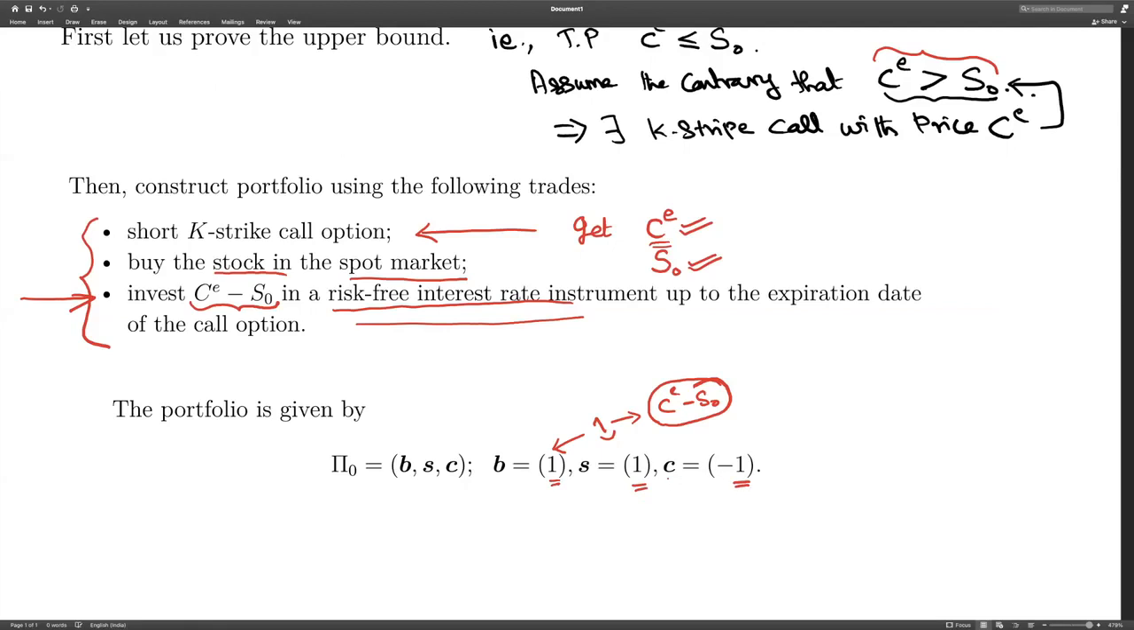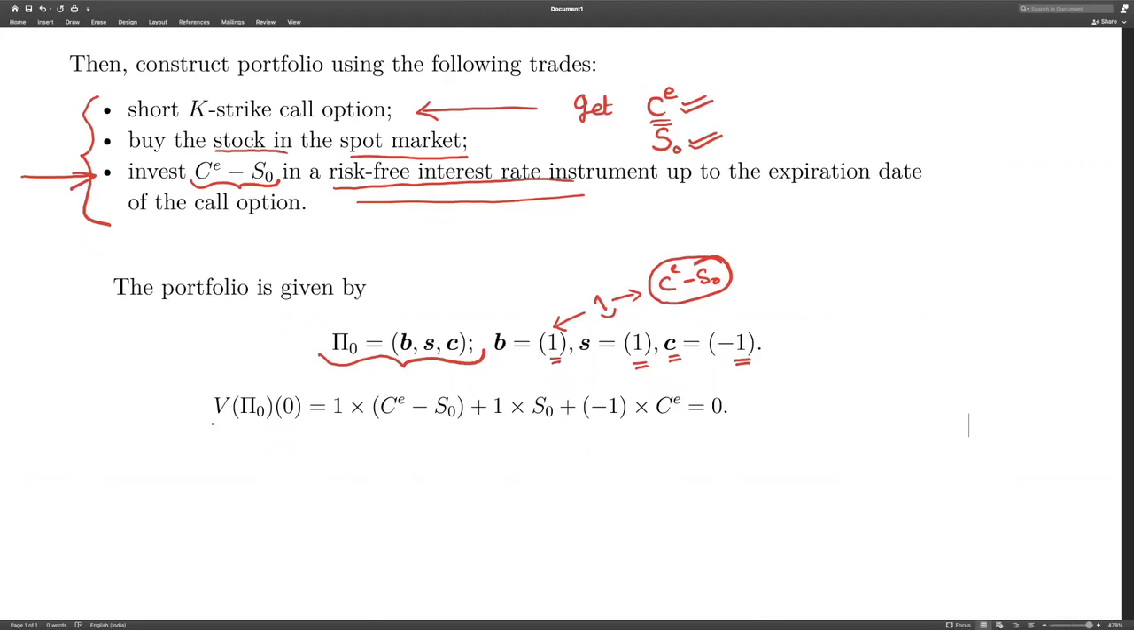Okay, so since it was a call, I just used the letter C here. So this is how our portfolio can be written mathematically. Now let us see what is the value of the portfolio pi naught. The value of the portfolio pi naught at t equal to 0 is denoted by this notation, and it is